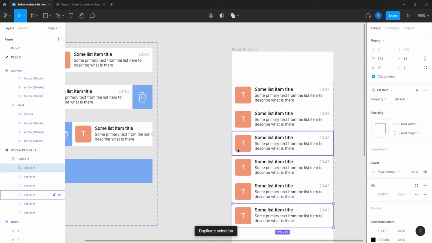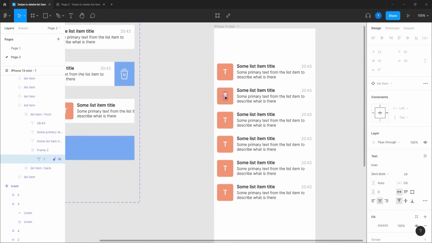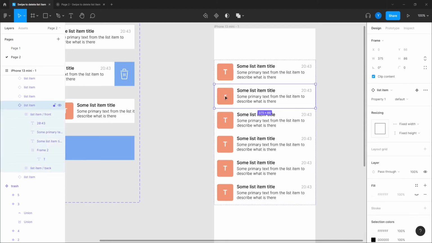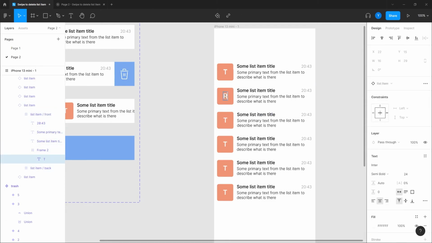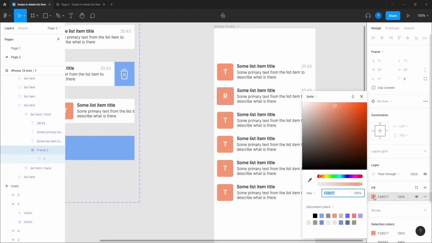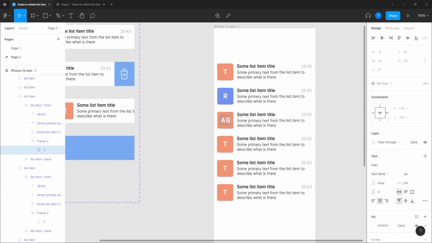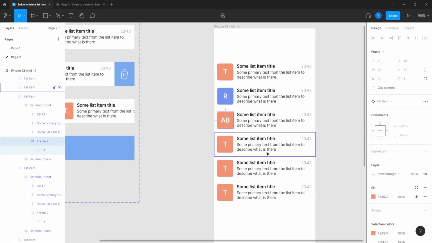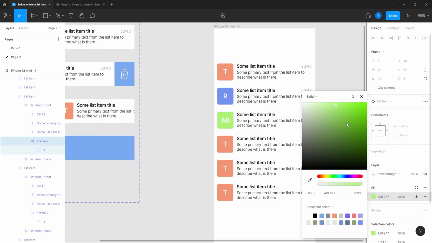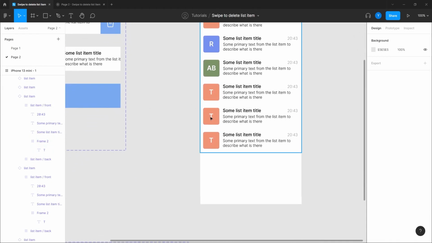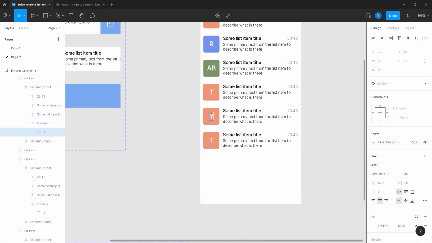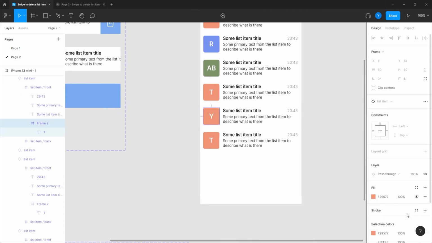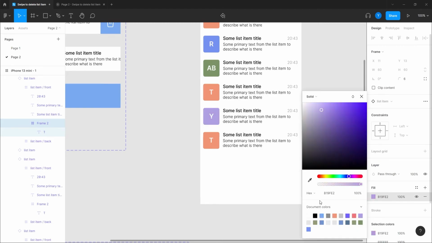As I did there, you can just give it different letters, a capital letter like that, and I can give it a different color and just do so. You get the main idea, it doesn't really matter. Yeah, Y is for Yariv, my name. Do it like that.